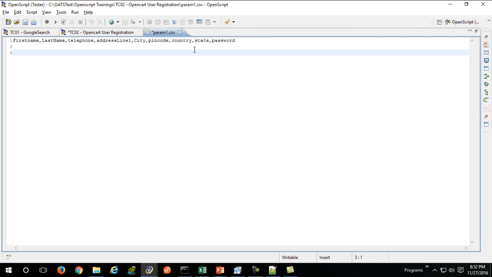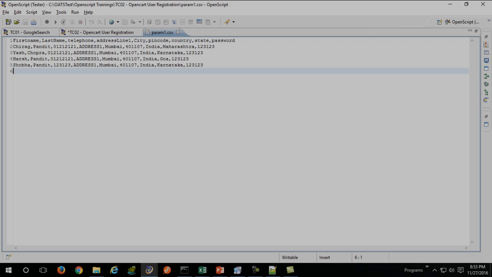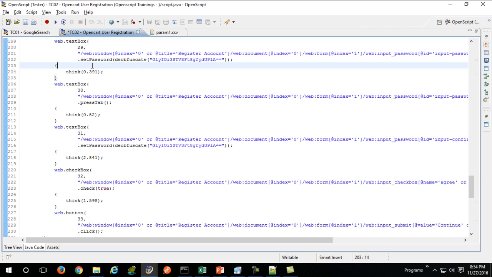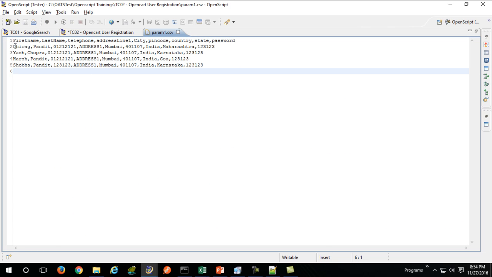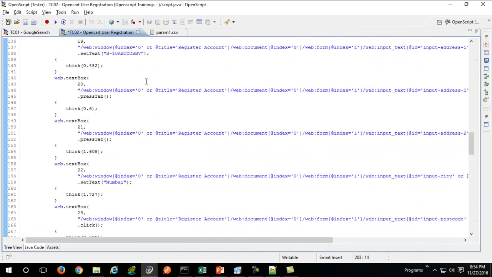So what I'll do here is I'll quickly create a few of these. So pretty much I have prepared our data file, and remember to enter in a new line character at the end of the file. So we'll use this data source and pass it to our script at time of execution. So our script will pick all these values per iteration. So we have 4 lines. So all the 4 lines will be used at time of execution.